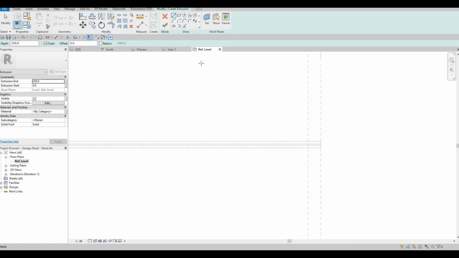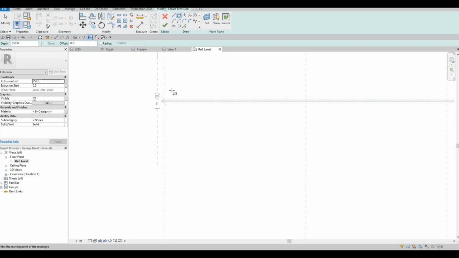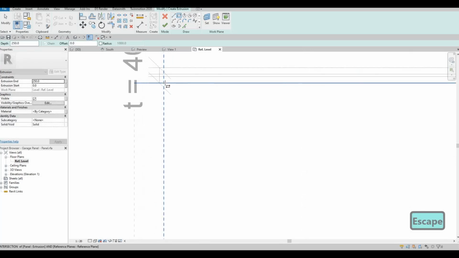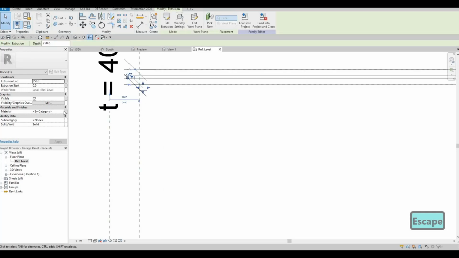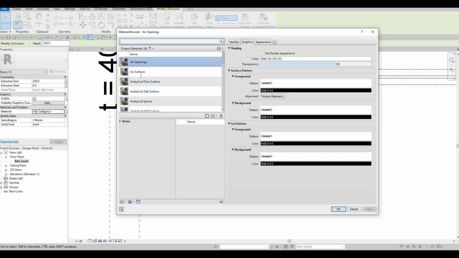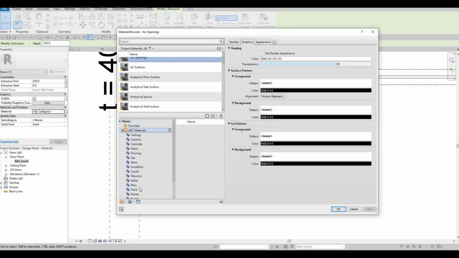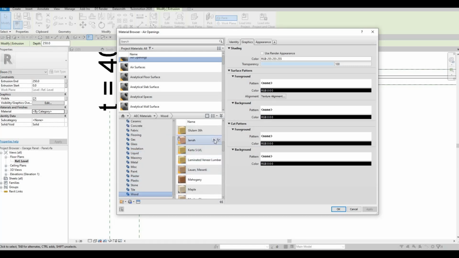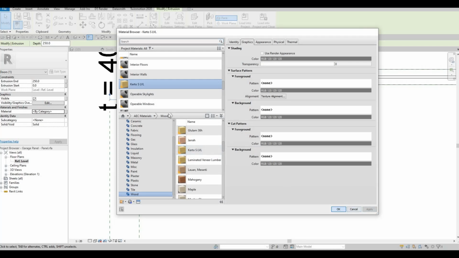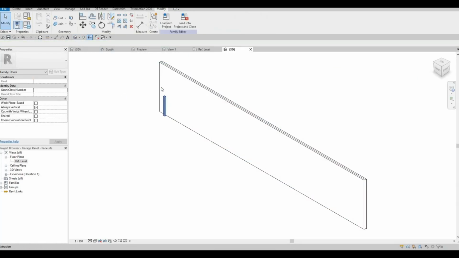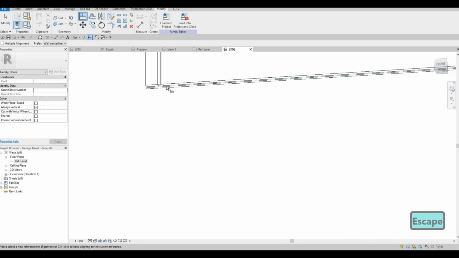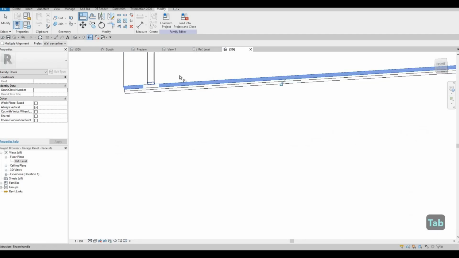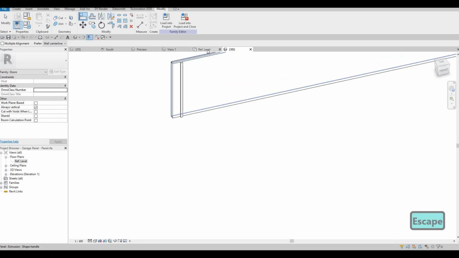So I'm gonna create an extrusion, and then here we're going to add our design. I'm gonna put it at 20 by 15, and then click Finish. We can change the material, so I'm gonna choose a wood material. If we go to 3D we could align it at the top, and then this one is aligned from the bottom, and then let's go back to